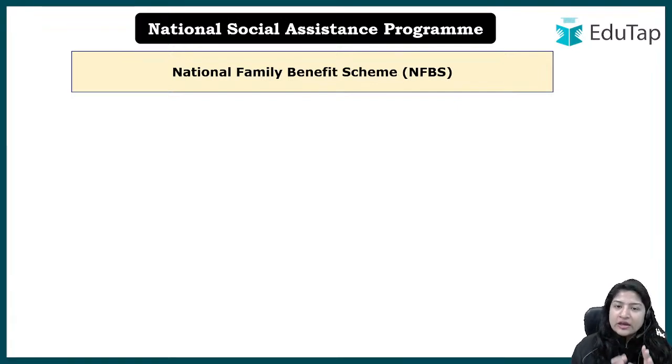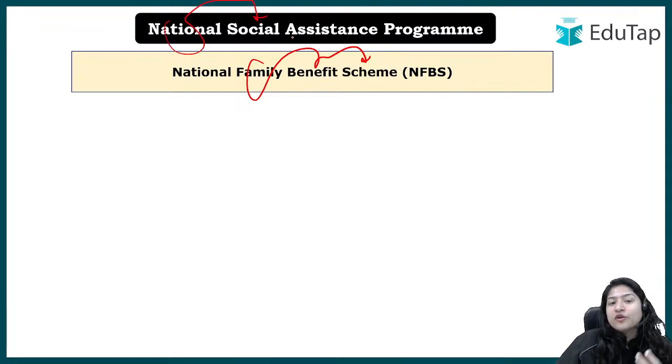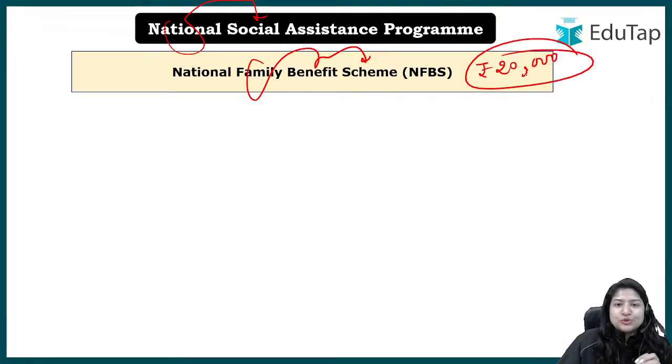Till now we have done three schemes: old age, widow and disability. Fourth being the National Family Benefit Scheme. So we also understood in yesterday's session when we were talking about the aim of National Social Assistance Program, that apart from providing financial assistance to the unemployed or who cannot work, it was also for the bereaved family. Bereaved family means if the breadwinner, bread earner has died, in that case also some financial benefit is provided. ठीक है, तो when we are talking about this NFBS, here one time assistance of ₹20,000 will be provided, ठीक है, to the bereaved family.